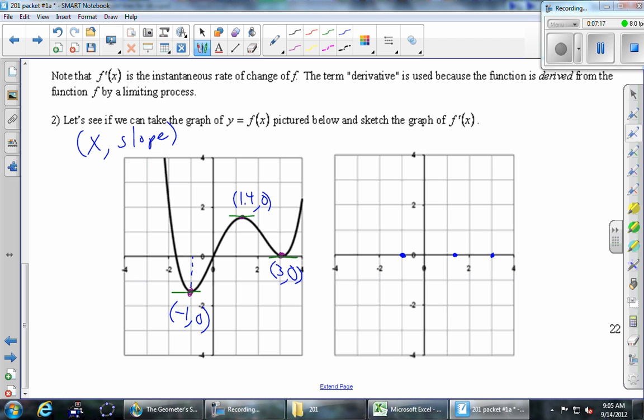Now we're just going to pick a few other representative points. I see this graph as being several different chunks. I'll do it here in the disappearing pen. I've got this chunk until the first point, this chunk to the second point, there's another chunk, and there's a fourth chunk. I see 4 chunks, right? Just sort of broken up by these 3 turning points. So I'm just going to pick a random point at each of these 4 chunks. I'll pick this one, and I'll pick that one, and maybe this one. You can pick any point you want. We're just trying to get a flavor for what the derivative function might look like.